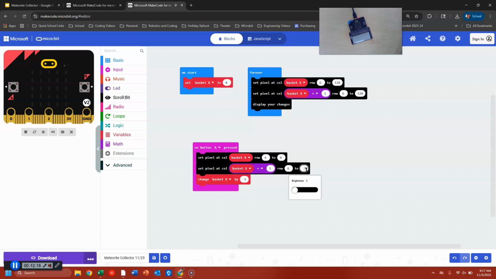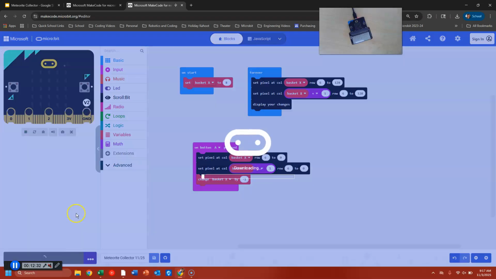We're going to turn that off. This needs to happen before we change basket X, because once we change basket X, these numbers above will be different. Okay, so we turn off our basket before we turn the basket on, and then it gets updated up here. So if I click download now,